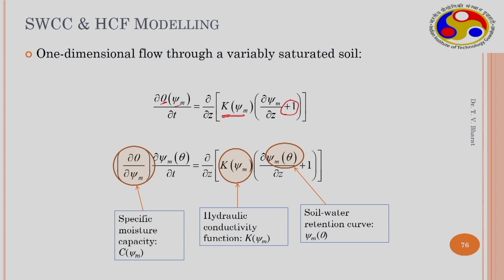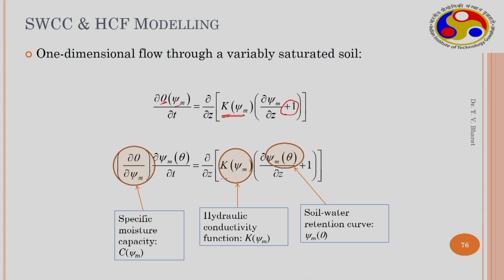So if you modify this equation to get the same dependent variable on either side of the equation, then you can convert to suction throughout, and you will have a slope ∂θ/∂ψ times ∂ψ/∂t. This is the slope of the soil water characteristic curve, which is called the specific moisture capacity, and it equals ∂/∂z of the hydraulic conductivity function, the same as the earlier form.